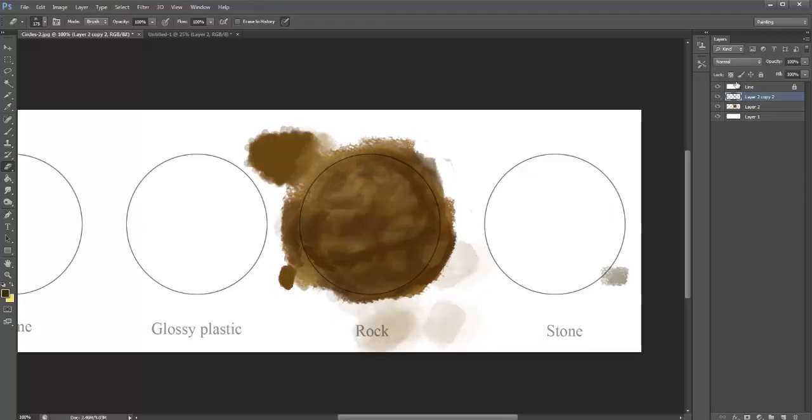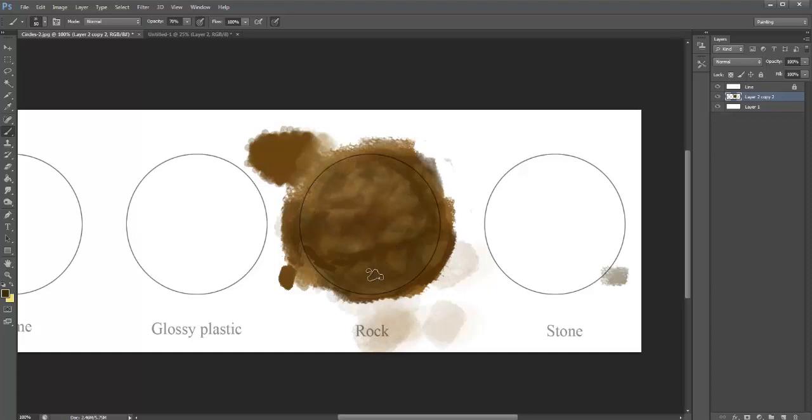That's sort of cool. I like that little blend in there. Okay, so what I'm going to do, I'm going to commit to that now. And then I'm going to come in here and start to create some little cracks on my stone, and then we'll come back and place some little highlights on it. And I have some cool variations happening in here, and I just got that by manipulating